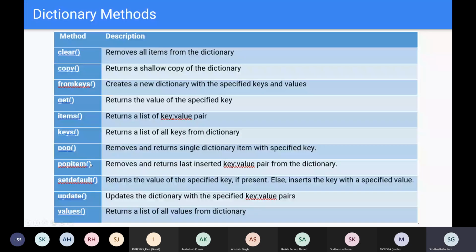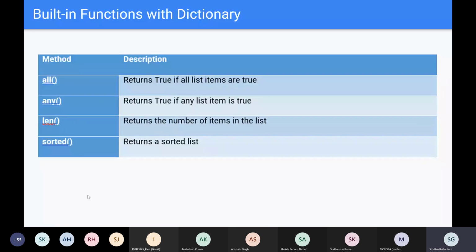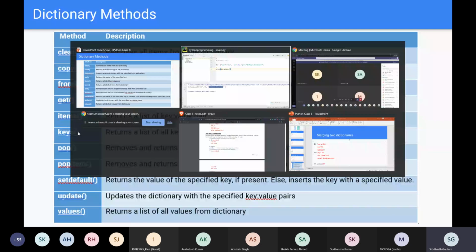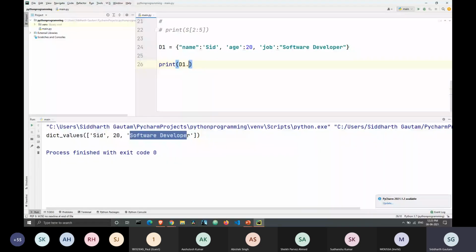Okay, so let's move ahead to some different methods. We have quite a lot of them, and we do have some more. Since we checked it for values, now let's take a look at it for keys. Here, instead of printing d1.values, we are going to be printing d1.keys.